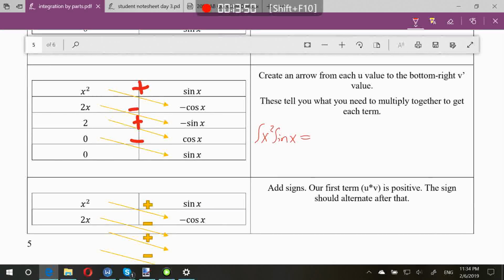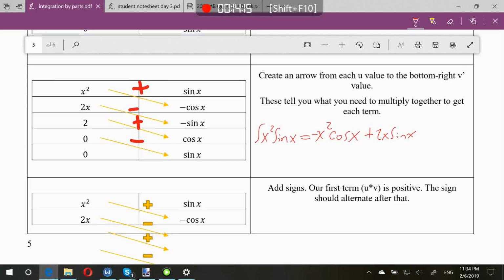So that's positive x squared times negative cosine x, which is negative x squared cosine x. Minus 2x times negative sine x. A negative times a negative is a positive. So that's plus 2x sine x